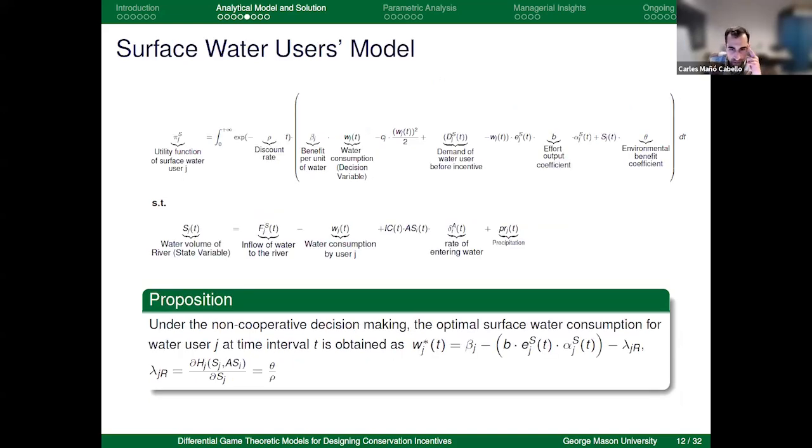Yeah. So here we have these parameters, the environmental benefit coefficient, and before you had something like that. If I understand this, if you could elaborate a bit more: the idea is the more stock we have, the happier we are. Do you calibrate these parameters, or how do you deal with them? No, to parameterize this game, we used some publicly available data sets, making sure that those parameters make sense for the region that we have selected. So we are not doing any parameter calibration. This is the average environmental benefit obtained from these data sets.